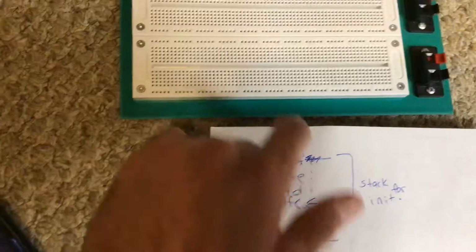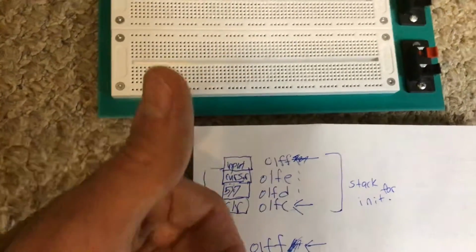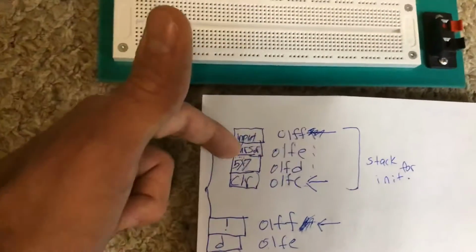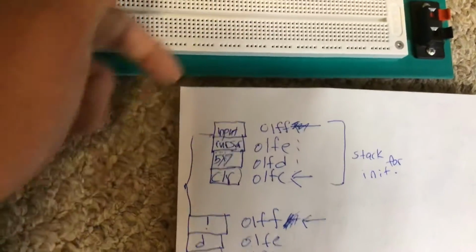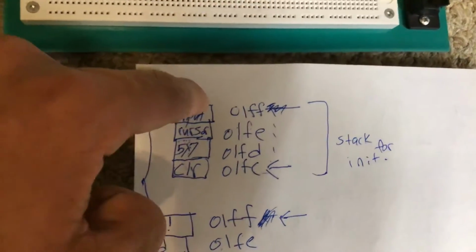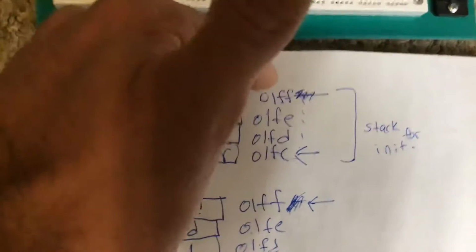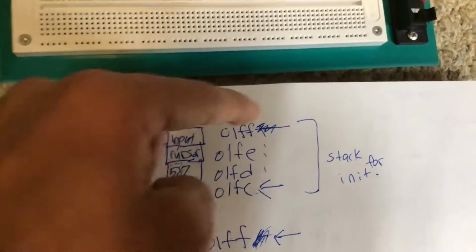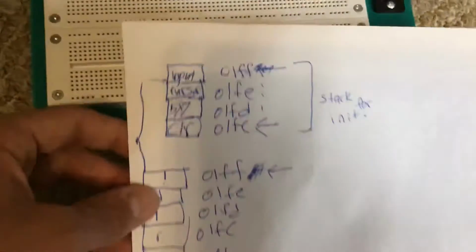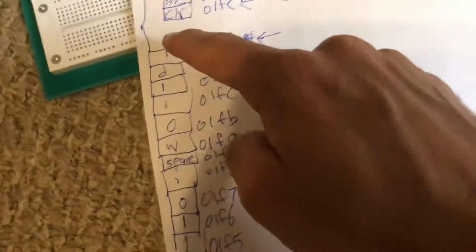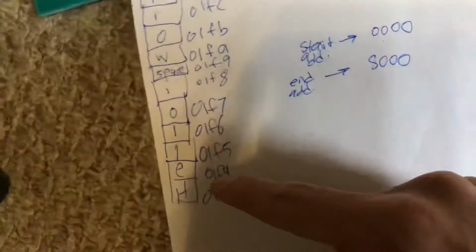And then I went through a loop and popped these values, or retrieved them, in reverse order. So first we cleared the display, set it up as 5x7, set the cursor position and set it to input mode. After that, our stack pointer will reset back to 0 on FF, because it started here and went down like this when we were pushing, and when we popped it went back to 0 on FF. Then we didn't have to set our stack pointer to 0 on FF again because it's already where it's at. And then we pushed all of these characters for hello world like this, and you're like,